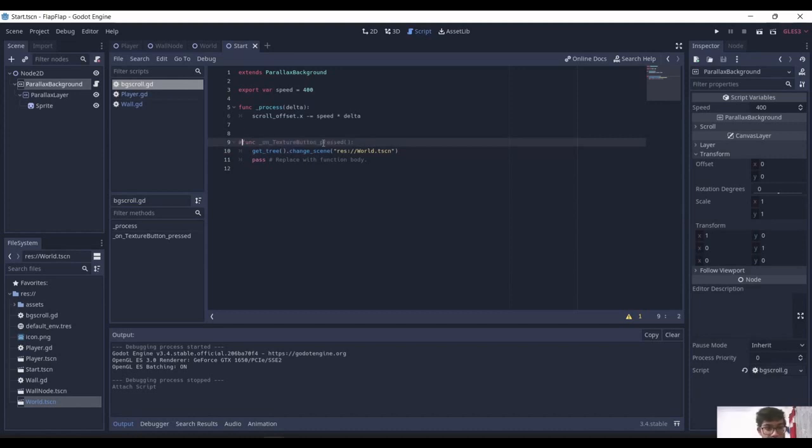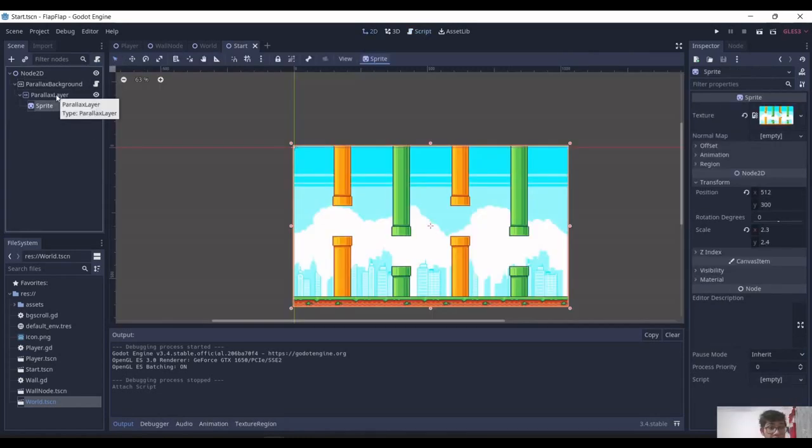We don't need to worry about on texture button pressed right now. I'll comment it out. We have turned these into comments. Now if I'll run the... wait a minute, one more thing, we have to